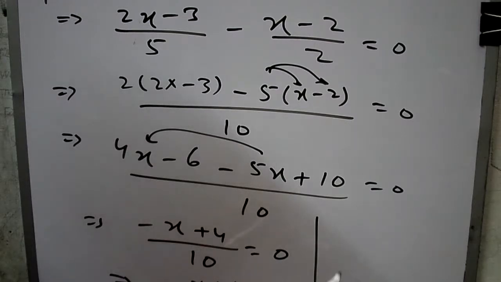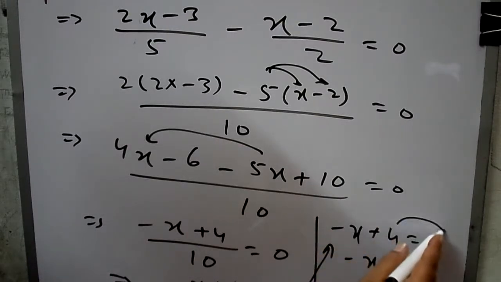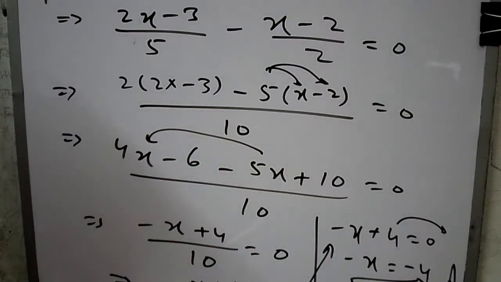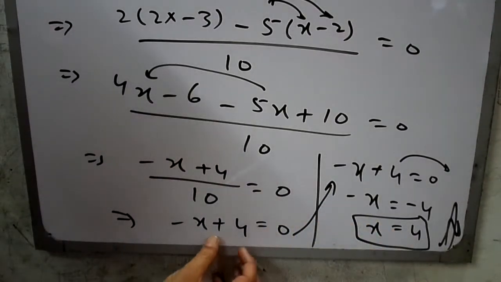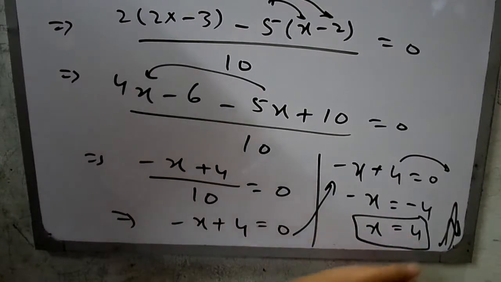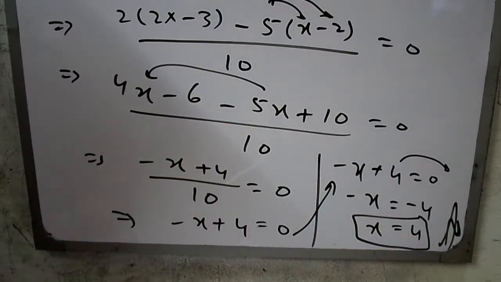You can see here minus x plus 4 is equal to 0, and minus x is equal to minus 4, because 4 is shifted towards the right hand side, so you will get minus, minus will be cancelled, so the value of x is 4. So here is your result. You can see the value of x is equal to 4. Now coming to the question number B part, you can see